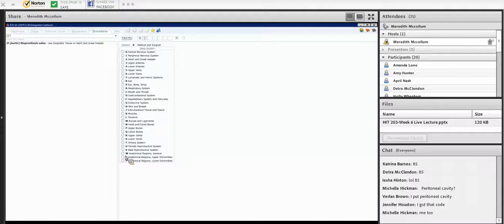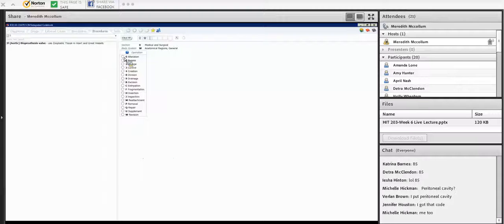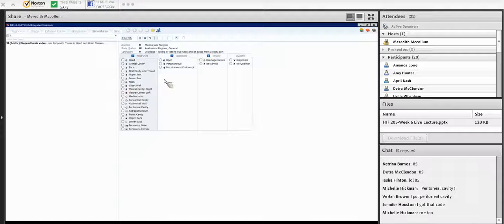How are we going to do it? Is it going to be anatomical regions? Peritoneal cavity. It was done open. It was drainage, no drainage device, and no qualifier. Oh, no device, no qualifier. Okay,